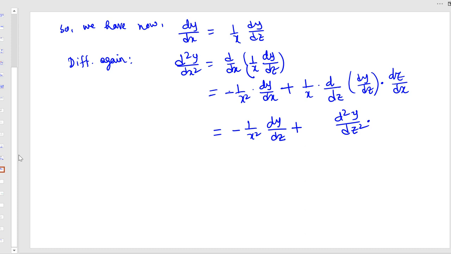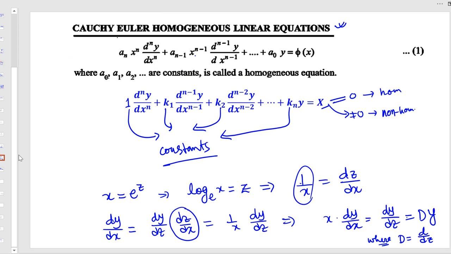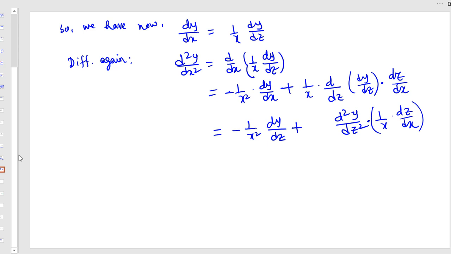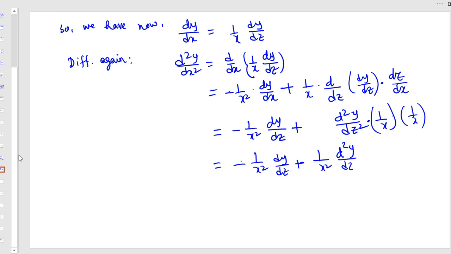And if you remember, here you have 1 by x times dz dx. So for this, again you will get, here d dx, you will get 1 by x. So here you get 1 upon x square dy dz plus 1 upon x square d2y by dz2. If you take it on the left side,